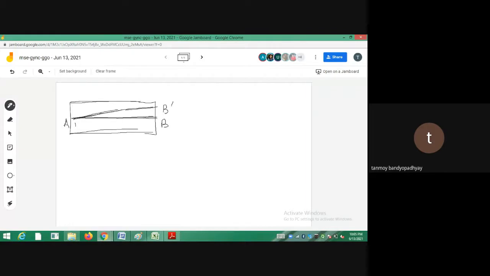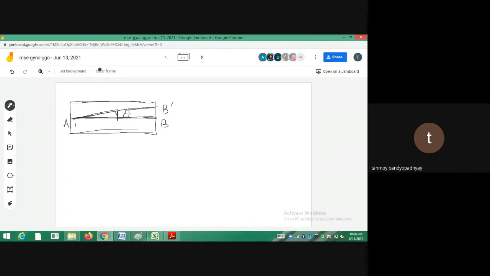Of course, you can understand that this twisting is within a certain angle, so that we can make those assumptions. I don't twist it like 30 degrees or 40 degrees. I twist it by 2 or 3 degrees. So one line just gets 2 or 3 degrees, and that BB prime distance is very much negligible. We will be assuming that this angle of twist is so small that BB prime is equal to R theta.